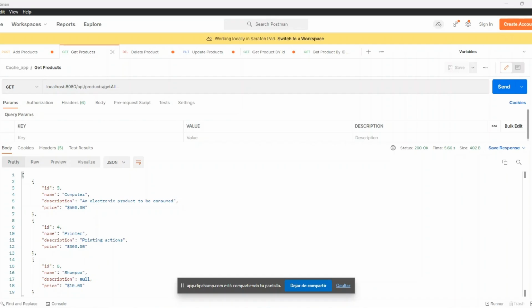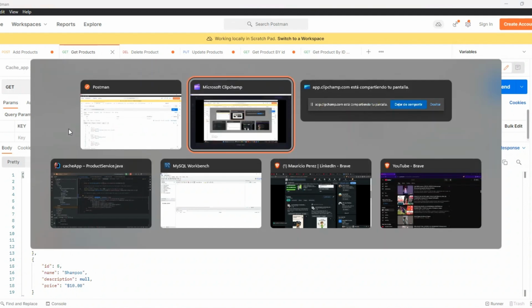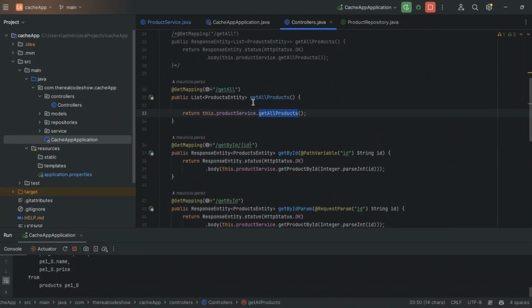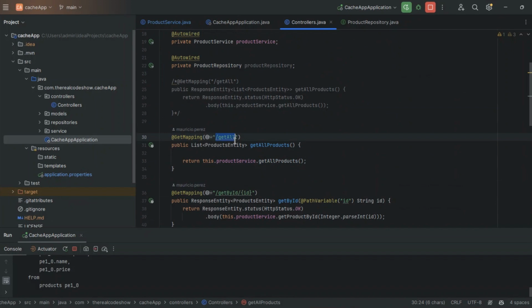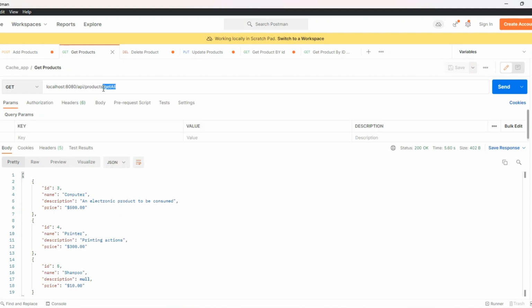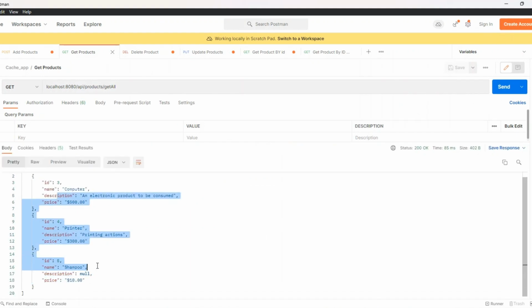So let me exemplify what I have from an HTTP client like Postman. Here you can see that I am going to be consulting this path, referring specifically to my path here from the controller. You can see that it's a slash get all, so it's the same that I am going to consult here. You can see that I can hit send again, and this whole return is going to be again now from